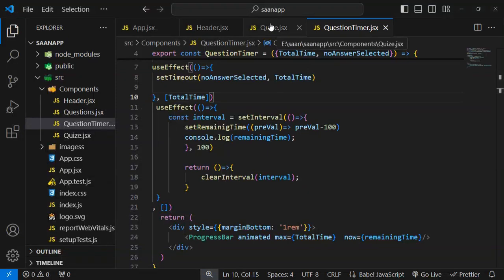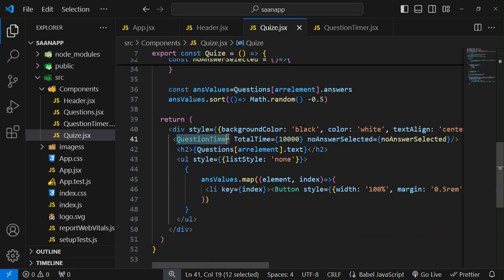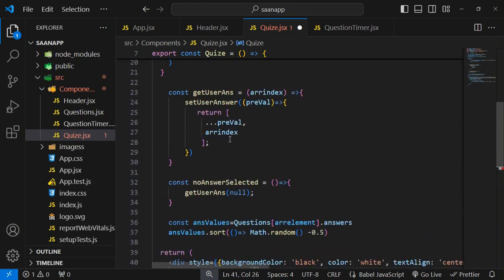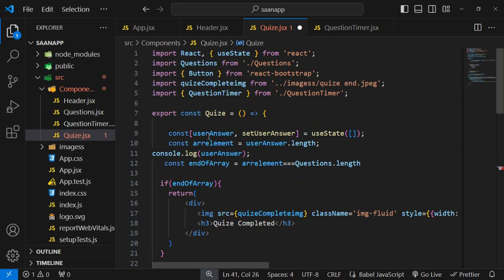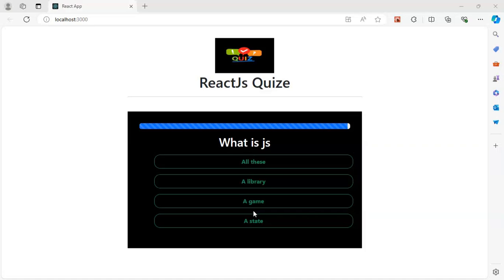This is not working because of our component, which is the question timer, whenever we pass any key here. So what is the function of that key? First let me show you. I'm just going to pass that value to that key. Now just save it and again move to our output. If I refresh it,